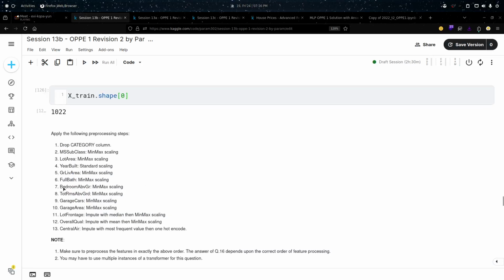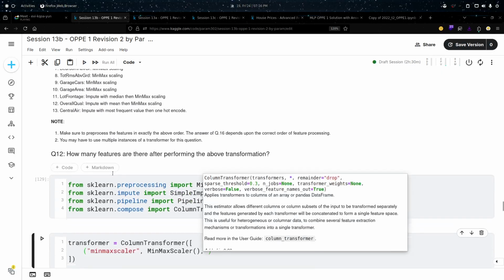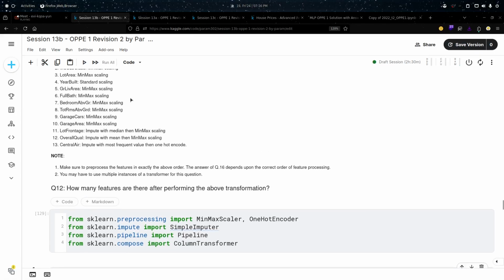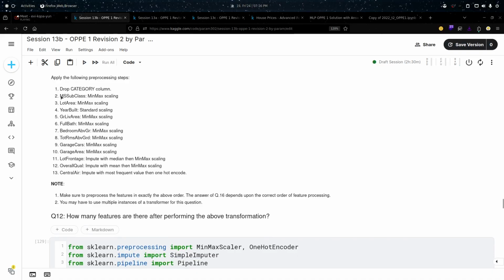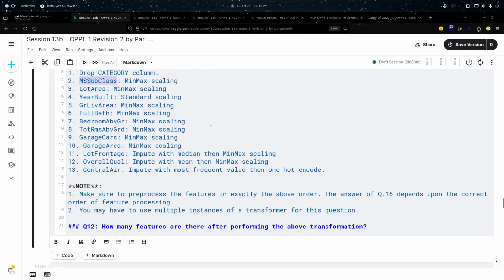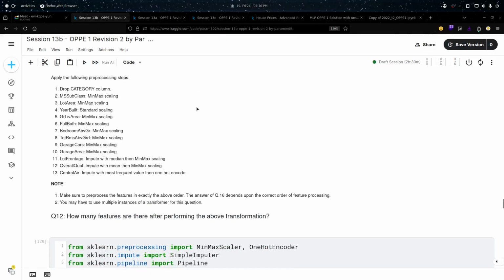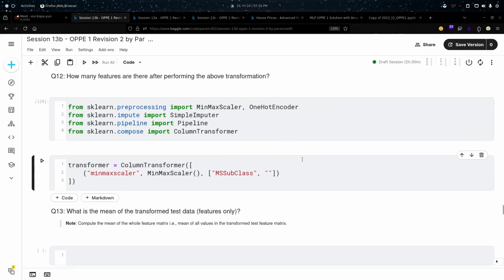And now I want these columns, so I'll simply pass a list of columns here. That would be better. Okay, first is ms subclass, then lot area, then okay, बहुत सारे columns हैं. Let's say we only take 2-3, not much, so that will be much better.